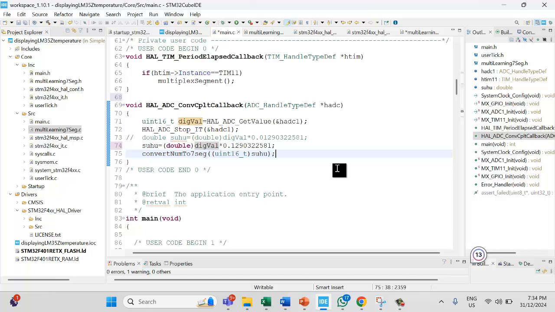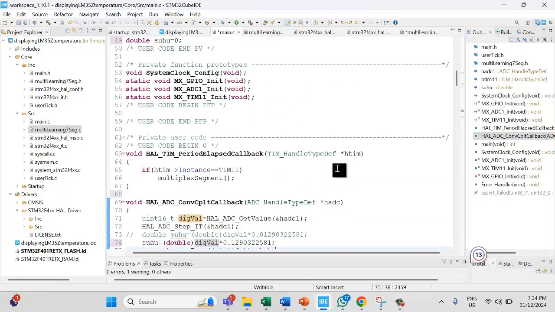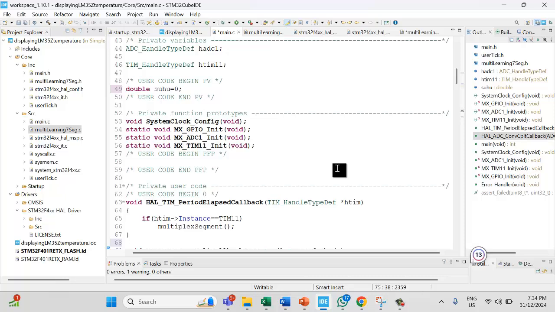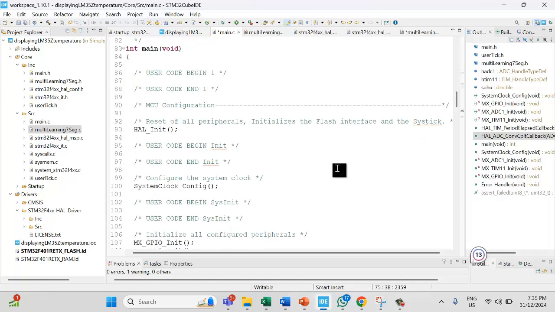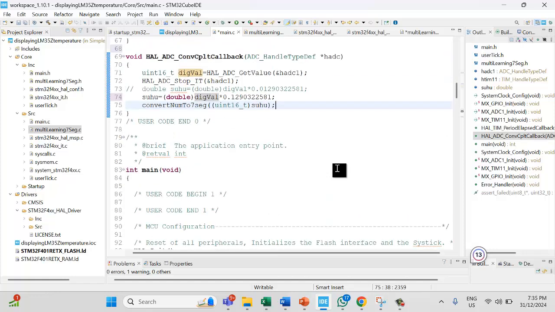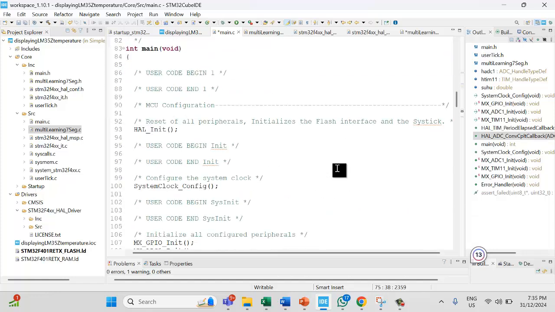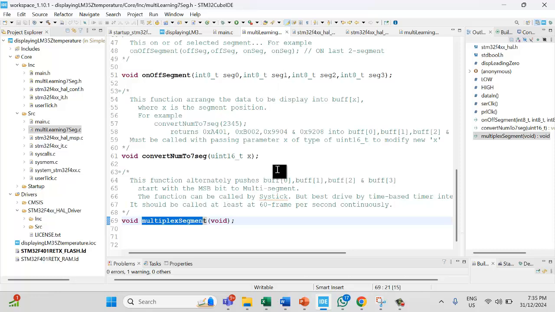And then we update that suhu by calling convert number to 7 segment. Remember that, okay? We place suhu as global because we use it in the complete callback and also in the main. Then, in the multiplex 7 segments,